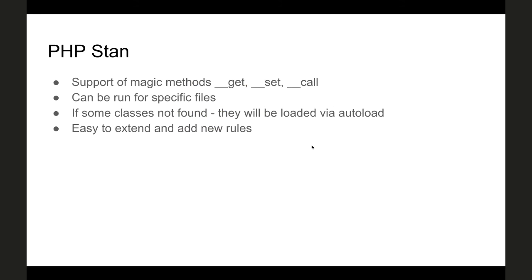But PHPStan can interact with your code. In the case when it's run for just a few files, it can find, I don't know, some references to other classes which it doesn't know. And as a result, it will use your autoload file to load this file and interact with it to make the analysis complete, without just showing an error that you're using some non-existing class. Very smart in this case. And it has a really easy API, not easy, just wide API, easy to extend, and you can add your own rules for your own checks. And